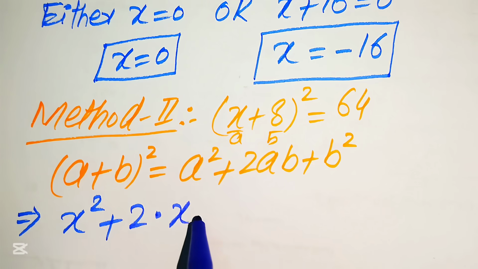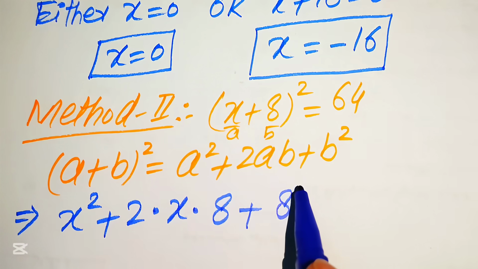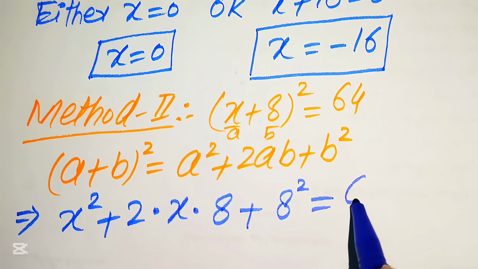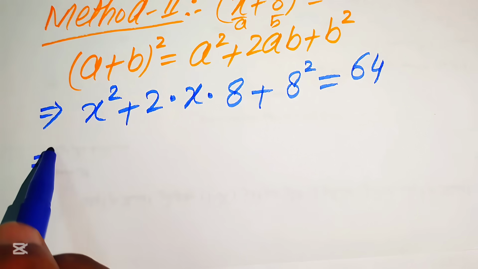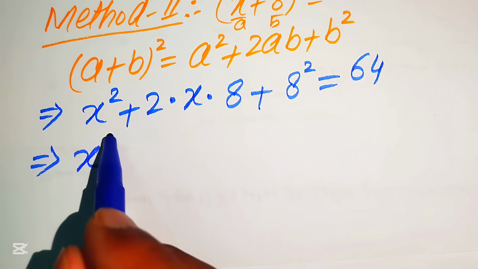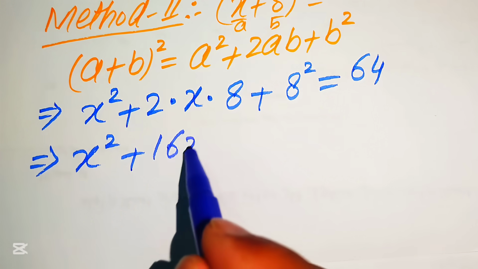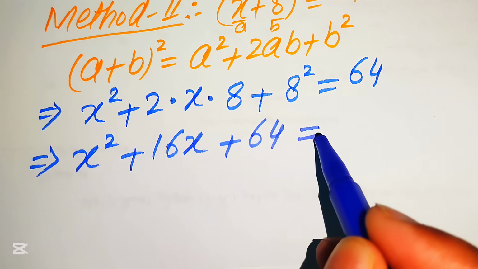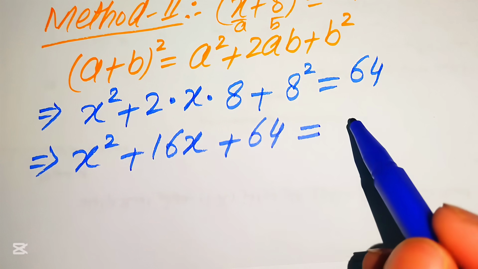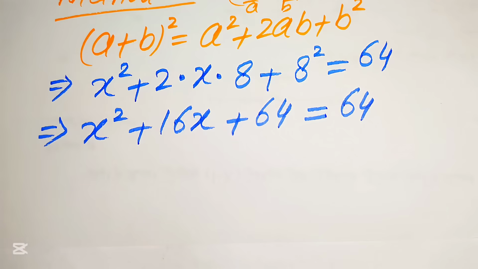So here our a is x and b is 8, plus b square, b is 8 square equals 64. Now in the next step we need more simplifications, and it will be written as x square plus 2 times 8 becomes 16x plus 8 square equals 64, and this whole equation also equals 64. So here, because we solve this problem for the values of x,